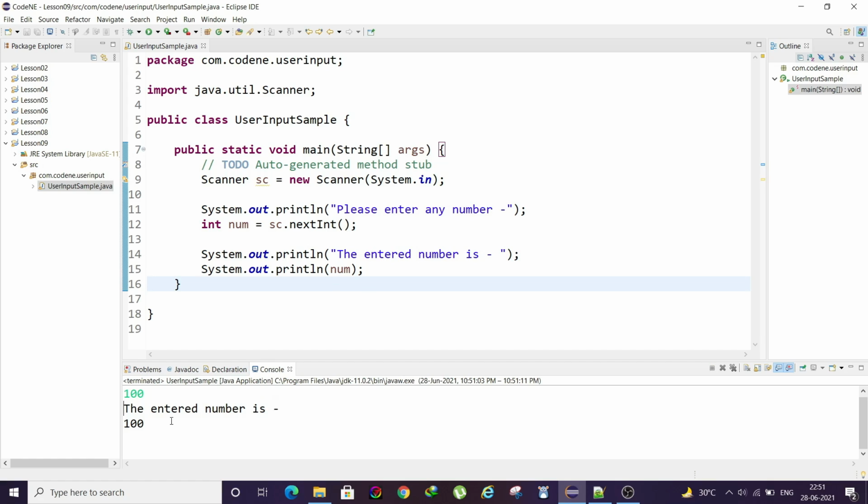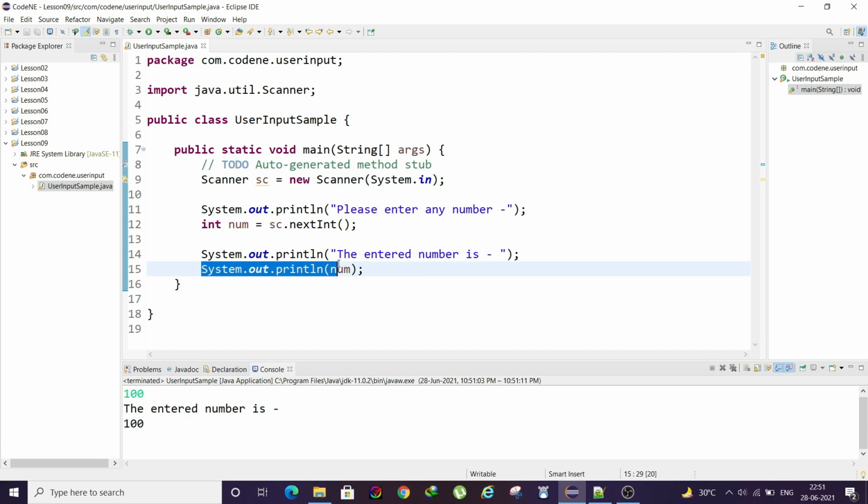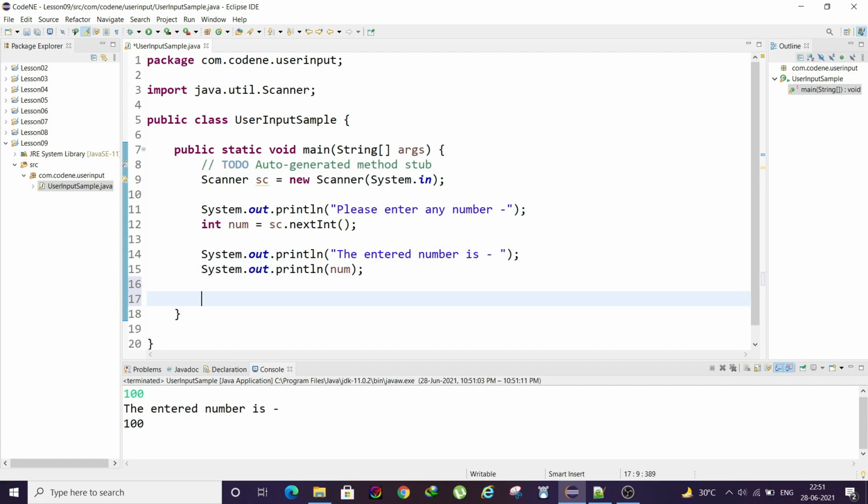As you can see, it took the input from me. I am the user here, and it took the input from me, that is 100, and it displayed as expected. Here System.out.println num displayed the input given by the user, which is 100.